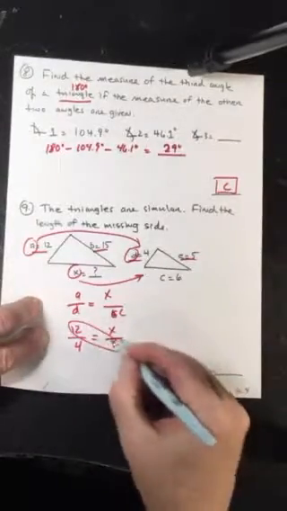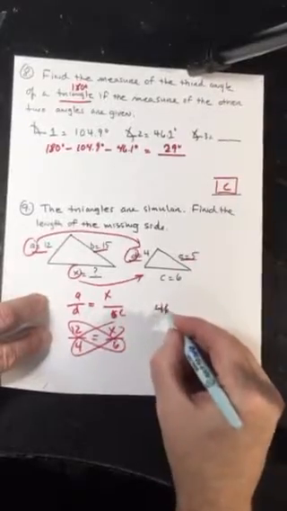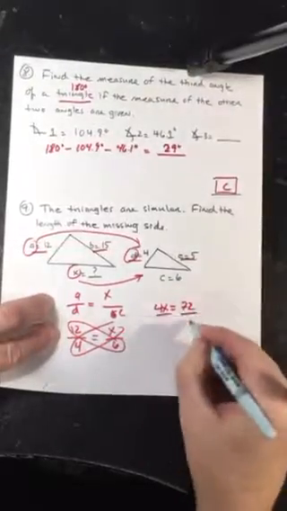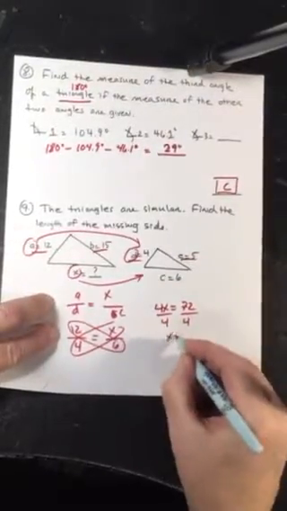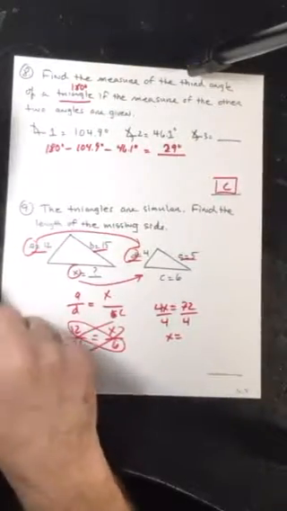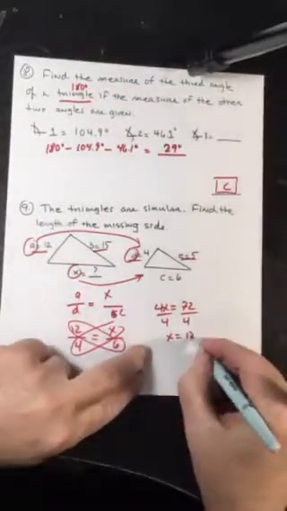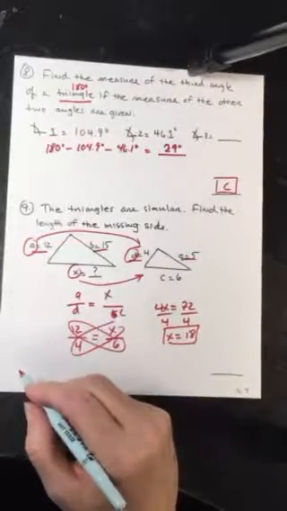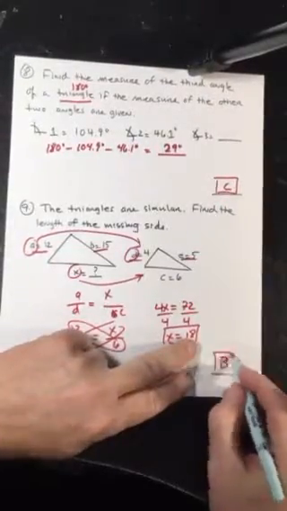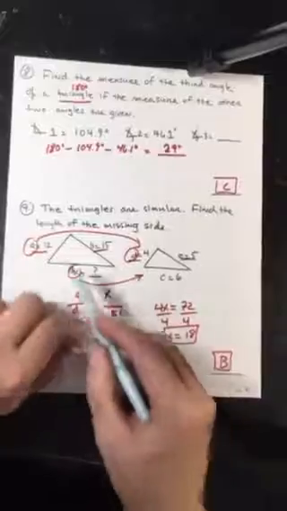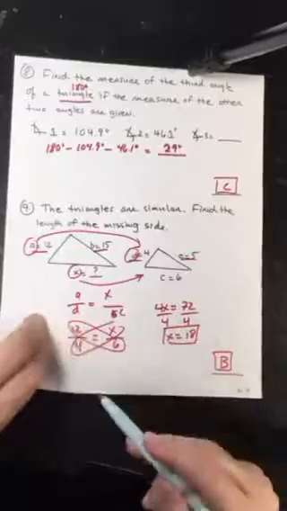I'm going to cross multiply. So it gives me 4X is equal to 12 times 6, which is 72. And then divide that by 4. X is equal to, what's 72 divided by 4? 72 divided by 4 is 18. It should be 18. And that would be B. And there's a number of ways you could have done this. You could have used the 15 and the 5 and the X and the 6. You could have done the 12 and the X and the 4 and the 6. There's a number of ways as long as you go the same direction. All right, so the answer for number 9 is